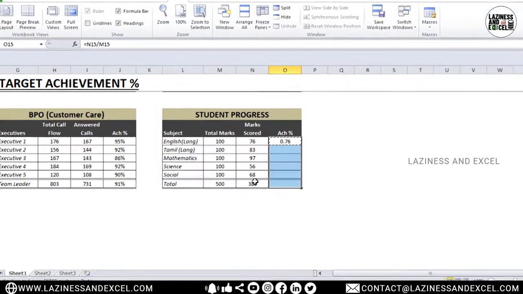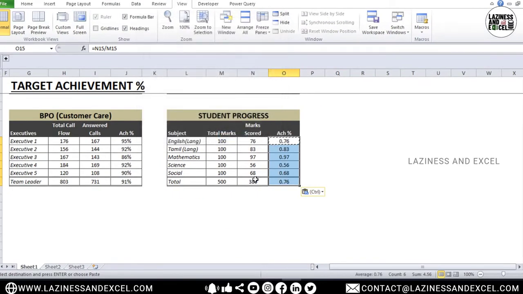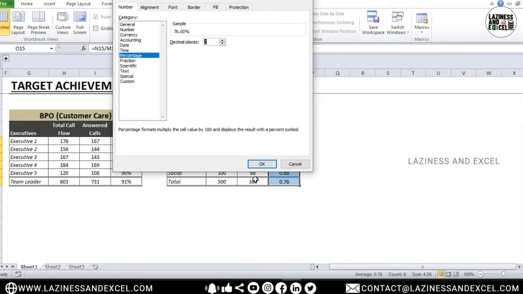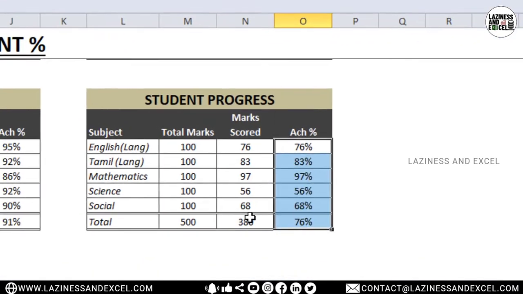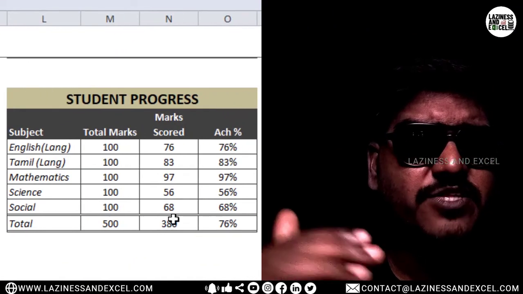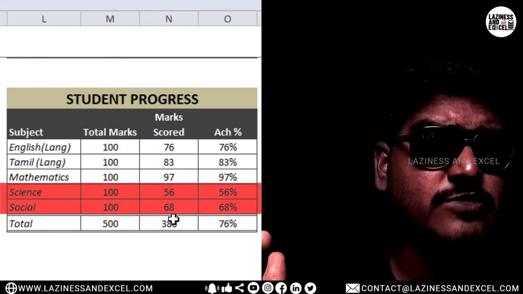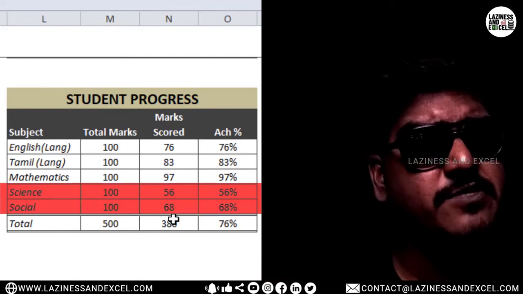Copy the formulas to the cells below. Change the number to the percentage format. Click OK. Basically, on viewing the progress of this student, it is clear that this student doesn't like science and social, where the scores are very low compared to other subjects.